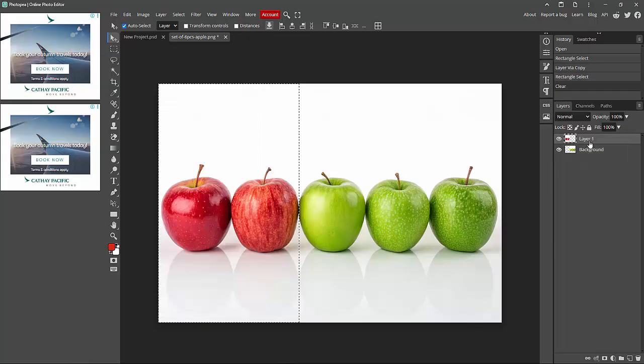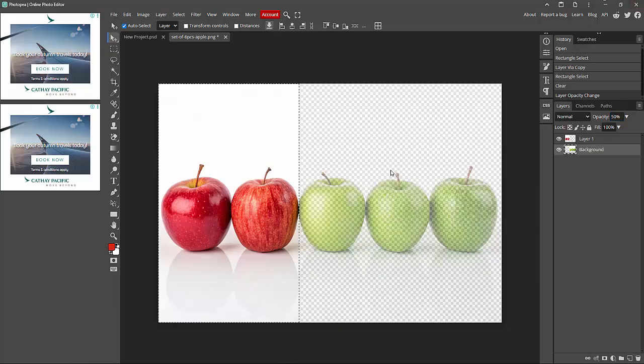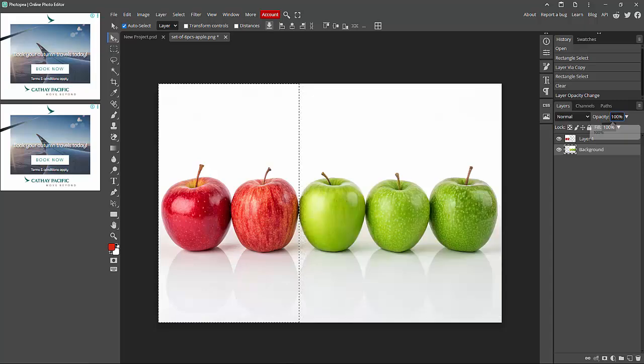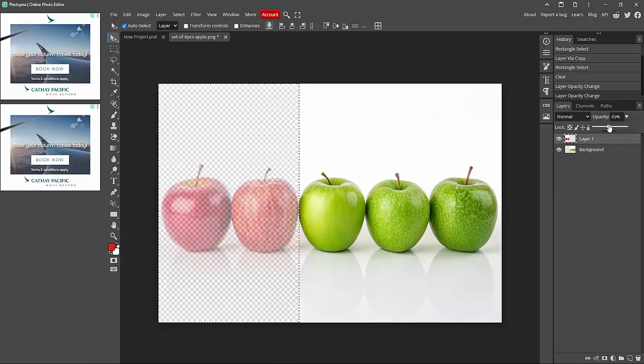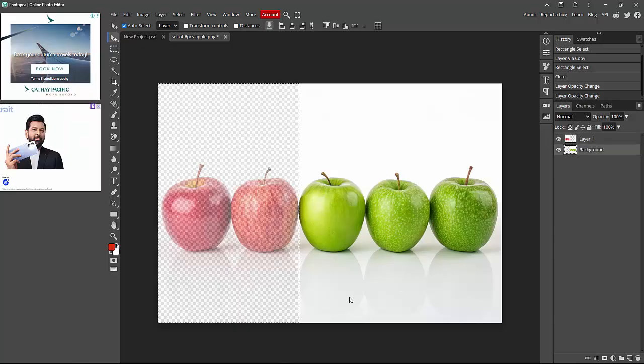Now select the layer. Now select the Background. Now we set the opacity. Now opacity to 50%. Now the other layer option. Now opacity to 50%. Now you can see